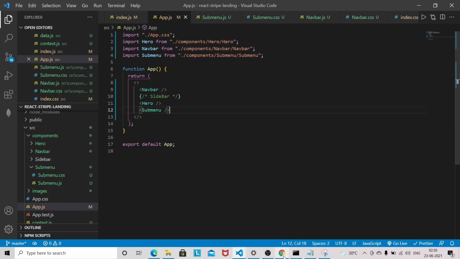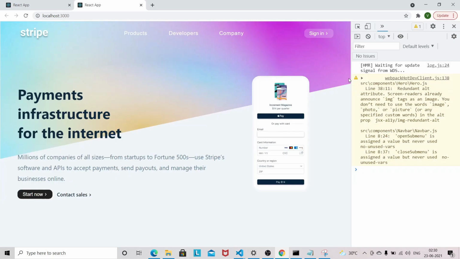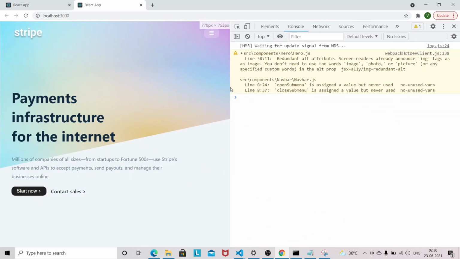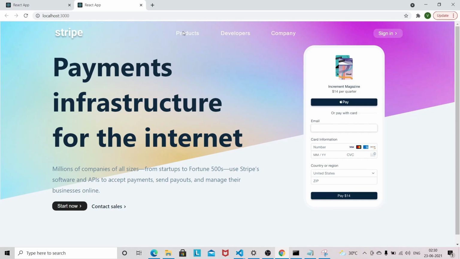let's go into the browser, refresh it. So we are not getting this one. And let's also check responsive. Yes, so it is toggling to the hamburger, but we are not getting the submenu items here.